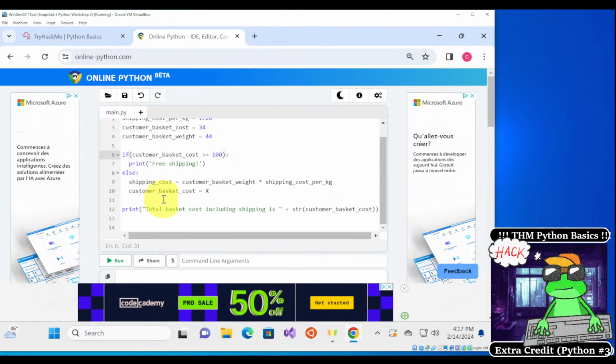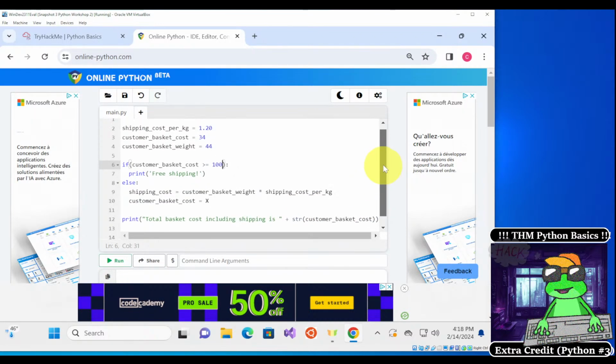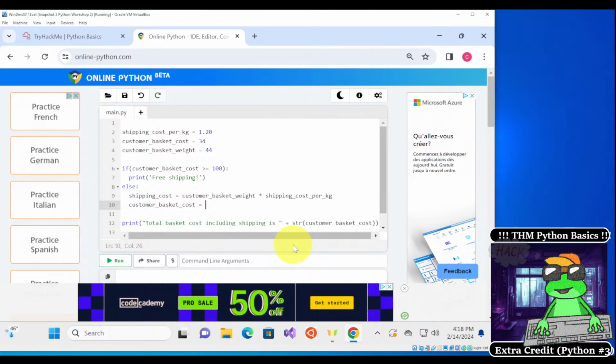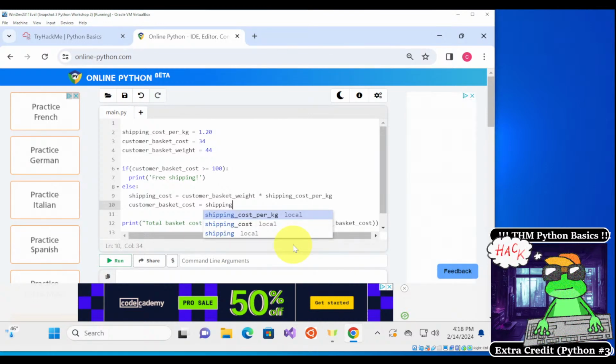And in this case, customer basket cost equals X. Okay, so the basket cost is equal to the shipping cost